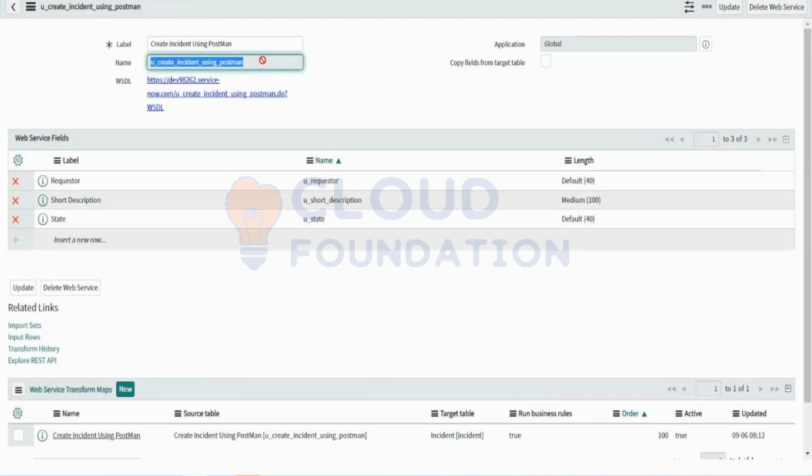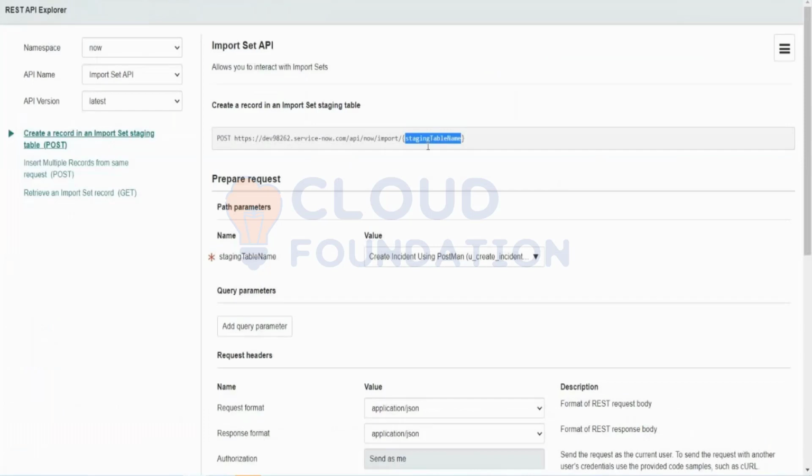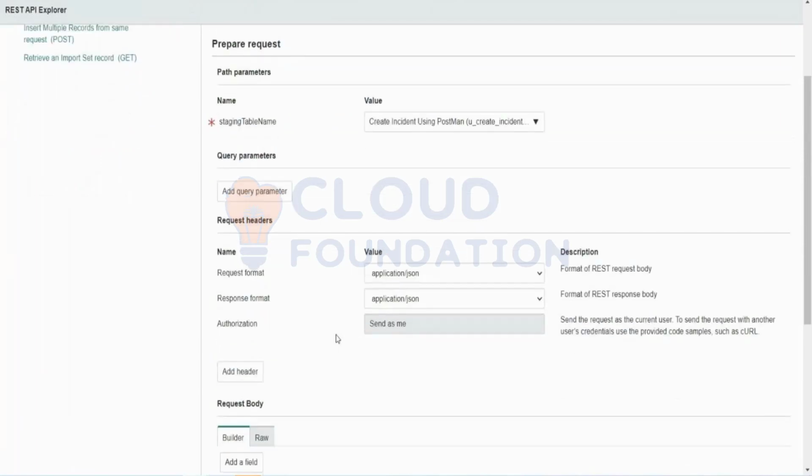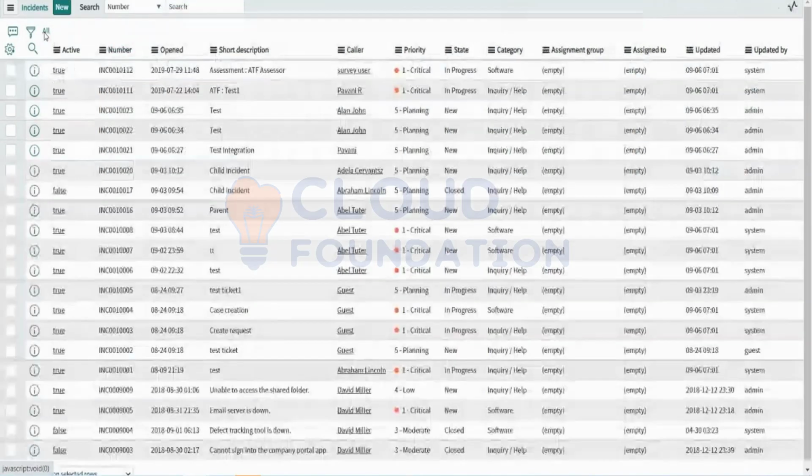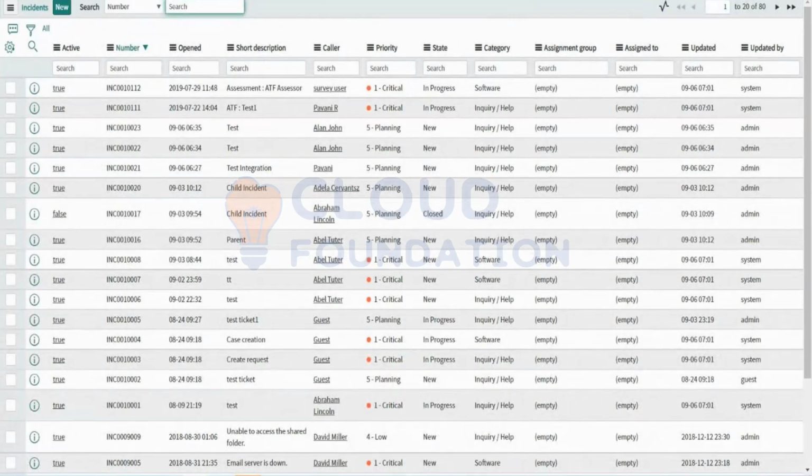Once it fetches the data from the third party, it is going to store the data in here. This is the URL, a path, and it has given us a path now. Now, what should be our next step? We have to test and see whether whatever we have enabled is working fine or not. Now we have 80 incidents. We need to have the 81st record using the test.